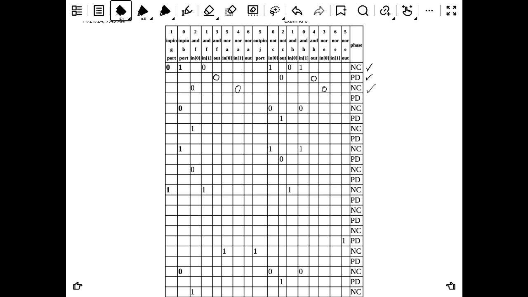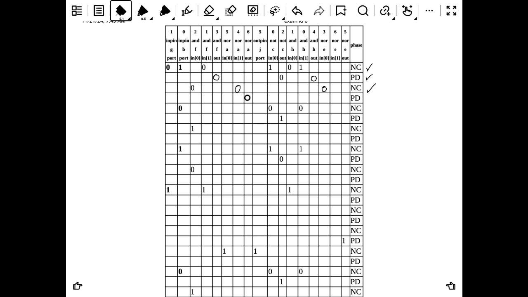So the rest is just kind of like this, okay? It's not super exciting, okay? But it is something that you kind of have to show me that you know how to work with this table. So we are back to another PD, which means that we are looking at potential changes of output ports because of changes to the input port. So now we can see that this is freshly changed, and we now ask,